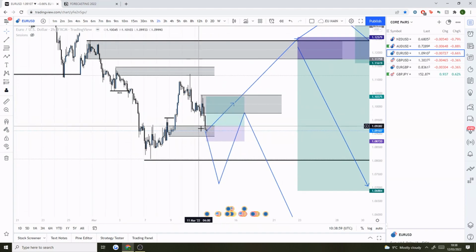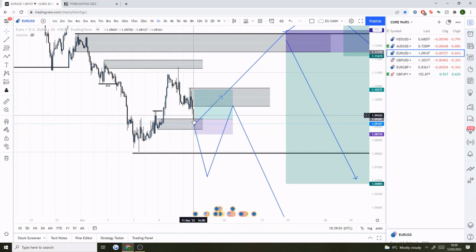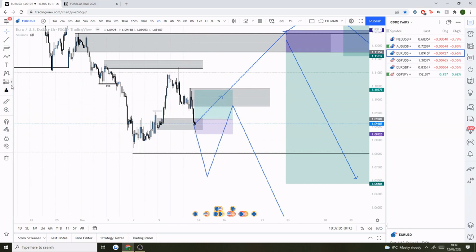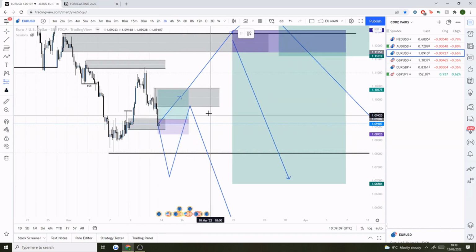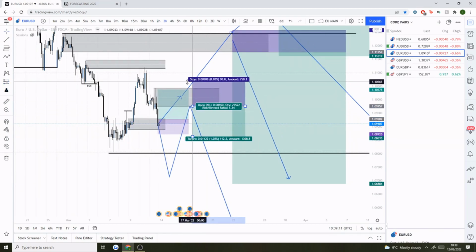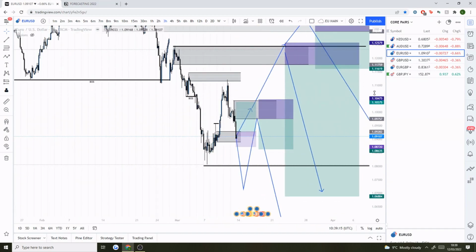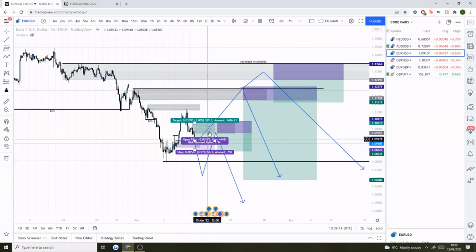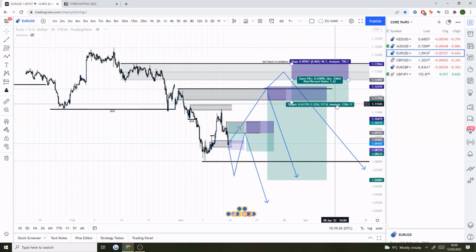And then if this supply zone doesn't hold, I'll expect a new break of structure, which will give us a new order block, and we can look to sell away from that new order block following this 3-hour order flow which is developing. So that's this week, guys. I mean, there are quite a few opportunities there, but I do think that from the current information on the chart, one of these possibilities is going to play out.